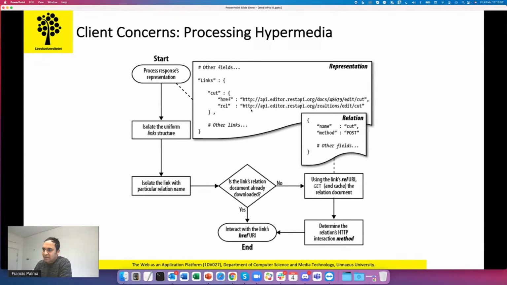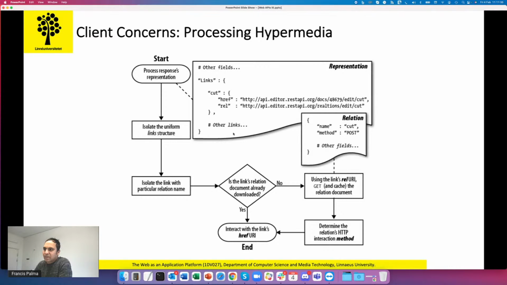If it's already with the client, it uses the recommended method to get this new resource, or the target resource, that is mentioned under href. But if the